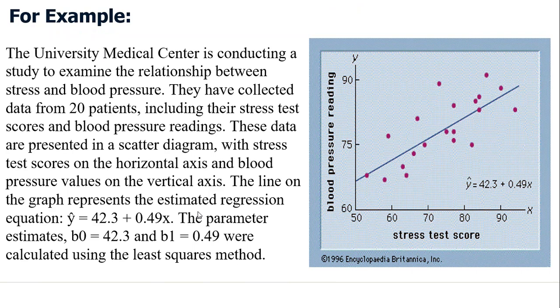For example, let's look at this example. The University Medical Center is conducting a study to examine the relationship between stress and blood pressure. They have collected data from 20 patients, including their stress test score and blood pressure reading. These data are represented in the scatter diagram, with the stress scores on the horizontal axis and the blood pressure values on the vertical axis. Now, the line on the graph represents the estimated regression equation, which is